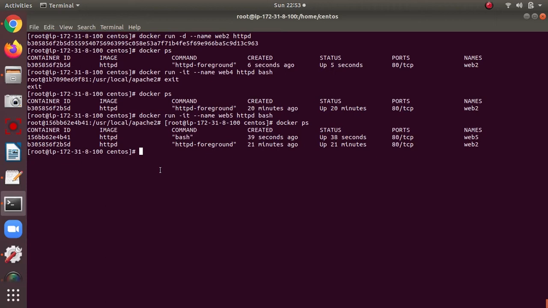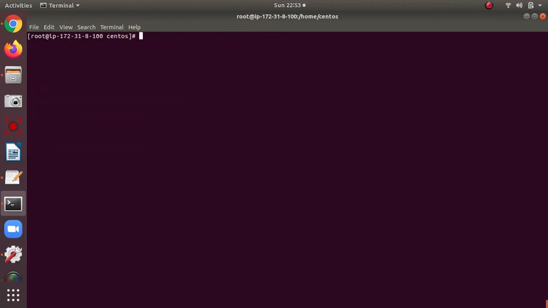After creating the container, suppose we now have to communicate from the host machine to the container. How can we do this? Before that I have to show you that each container has its own IP.